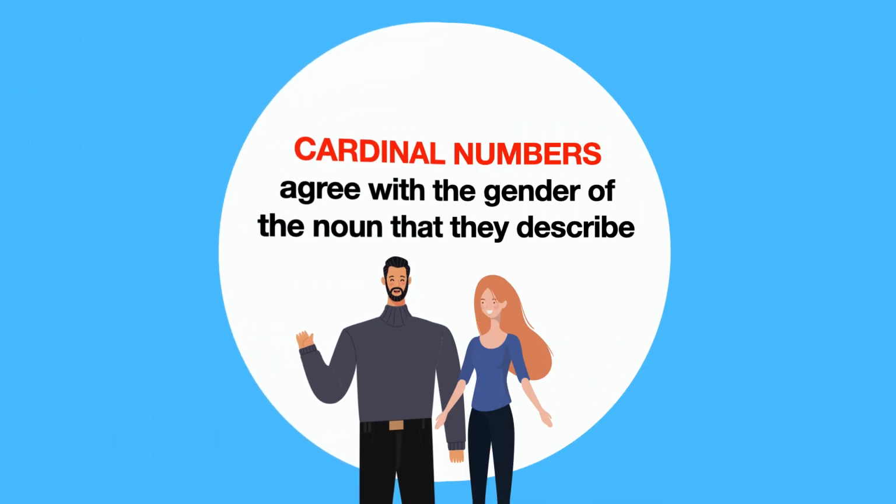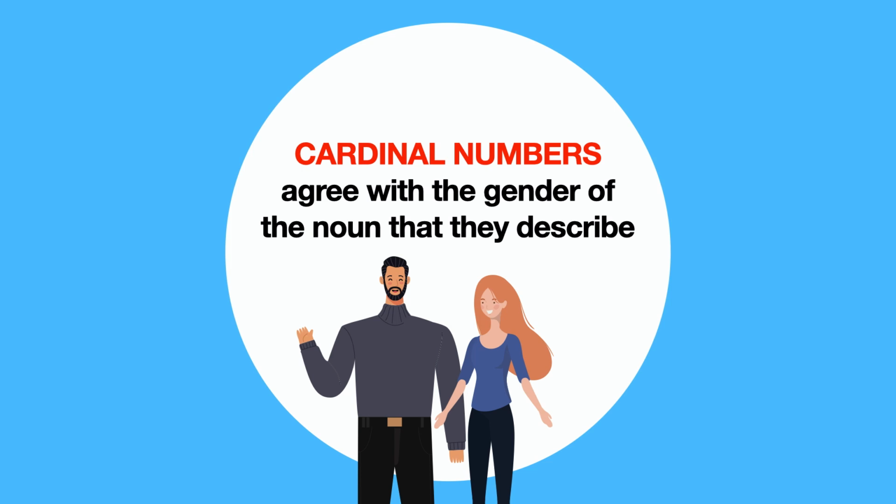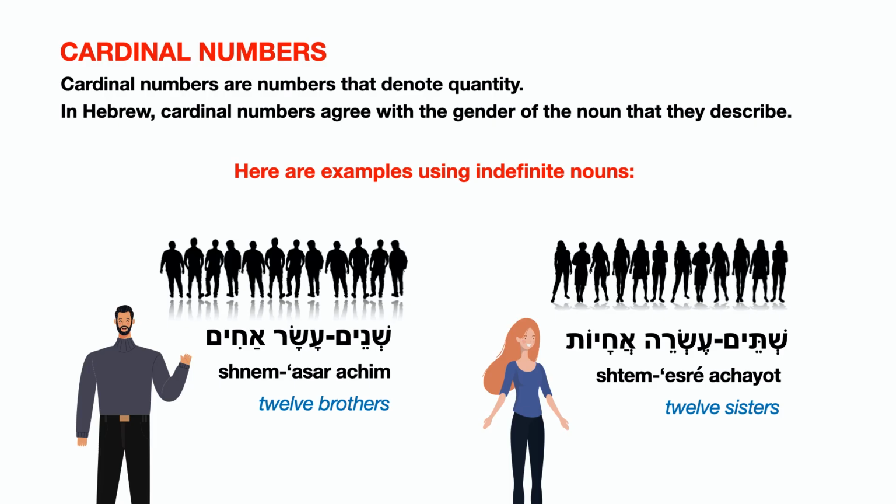Now, when it comes to cardinal numbers, we need to agree with the gender of the noun that they are referring to. And we're going to see examples here. Cardinal numbers are numbers that denote quantity. In Hebrew, cardinal numbers need to agree with the gender of the noun that they are describing. So here are examples using indefinite nouns. To say 12 brothers or 12 sisters, so you don't know which brothers or sisters, you're just saying 12 brothers or 12 sisters, so those are indefinite